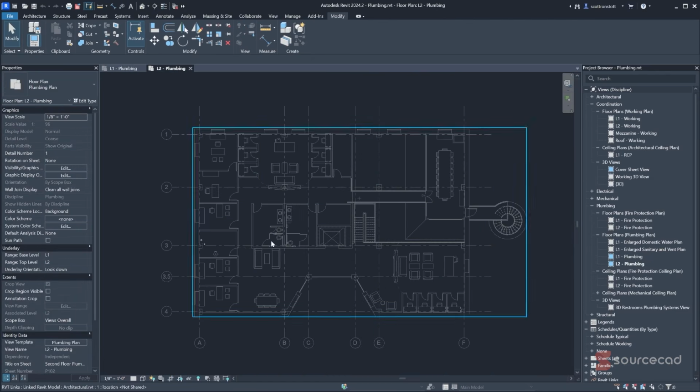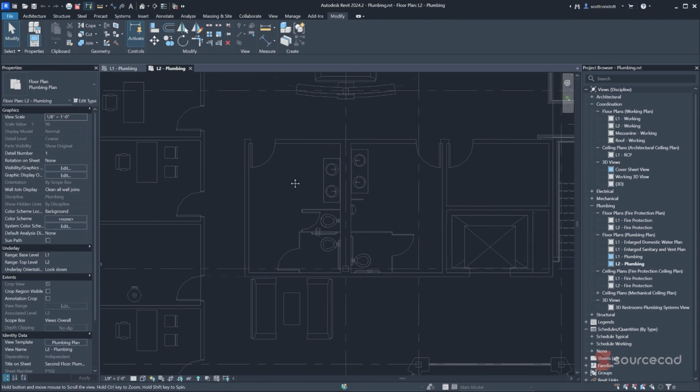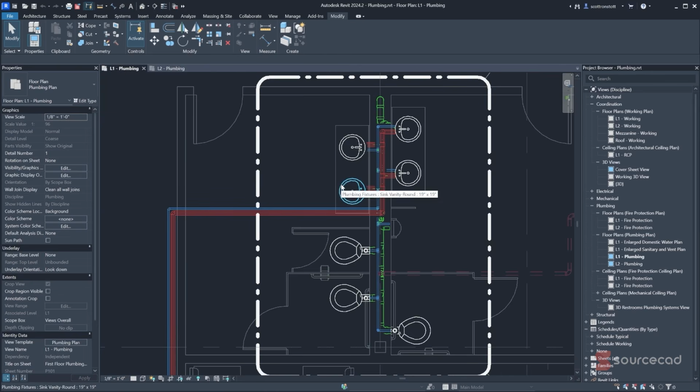On level 2, we don't have really anything built here yet. We see the locations of the sinks and the toilets and so on, but it's all gray because this is all part of the architectural model. The architect laid out these fixture locations, but when we're doing plumbing engineering, we have to add our own fixtures